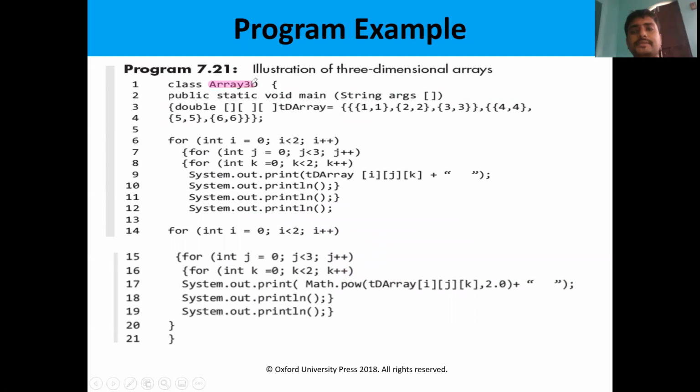So main class, main method. So he is declaring the TD array. The array name is TD array of 3 dimensions. Let us see the values. This is the first dimension. So this is the second dimension. That means the matrix has 2 by